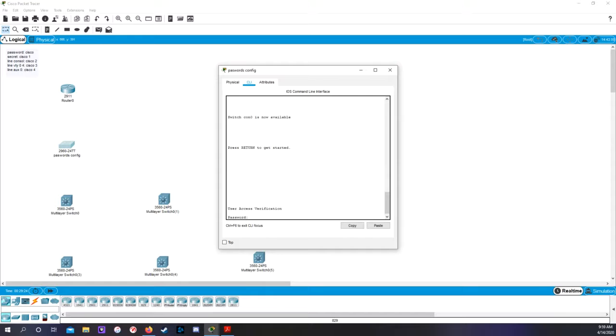Also, Dale, you don't have to do the .1Q statement. Yep, that too as well. So we won't have to worry about the encapsulation line configuration for this. But I want to go ahead and get my password in. See, Cisco, should be Cisco 2. Yep. Now, if you're curious why I used Cisco 2,